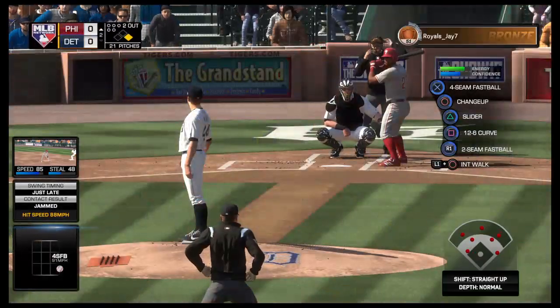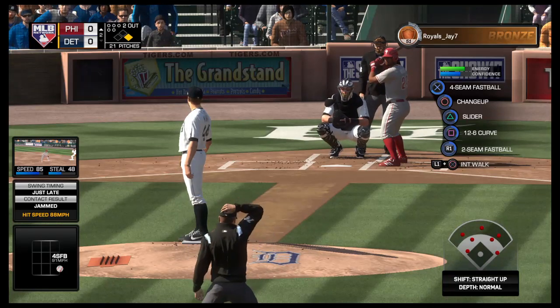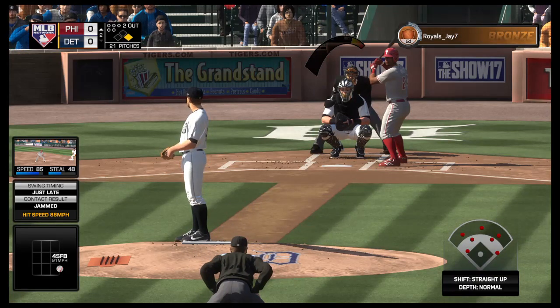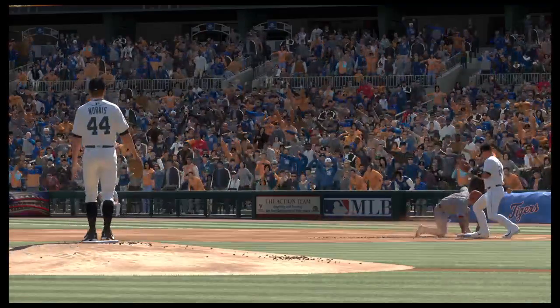So digging in now, Roman Quinn. He takes his first cuts in this one with a man at first and 2 away. And he'll snap one over to first. And he is tagged out here. Boy,